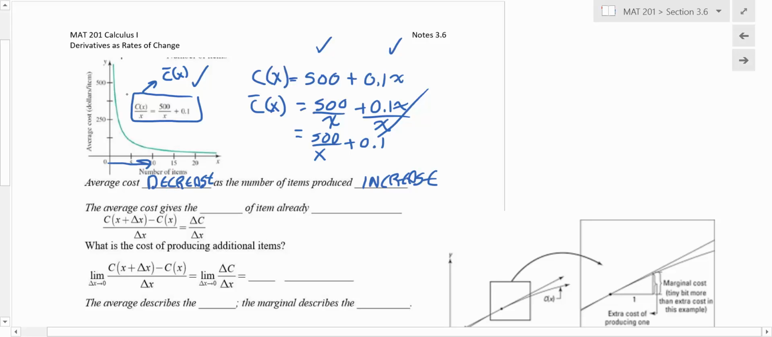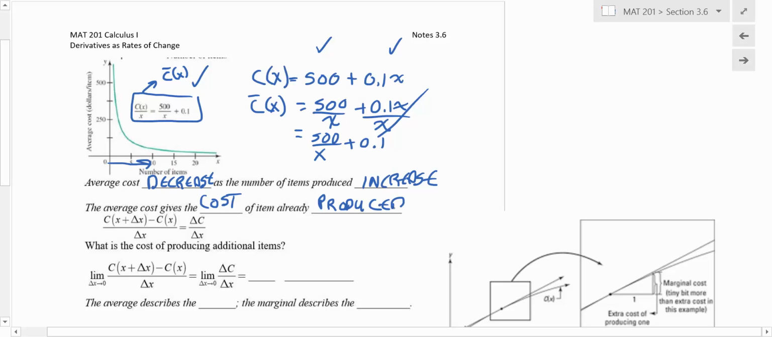I'm just talking about how the function goes. As you're producing more and more items, the average cost tends to go down, right? Okay, so that's because of the way that function graphs out. It's got an asymptote, and it's approaching the x-axis, basically what it's doing, okay? So the average cost gives the cost of items already produced,